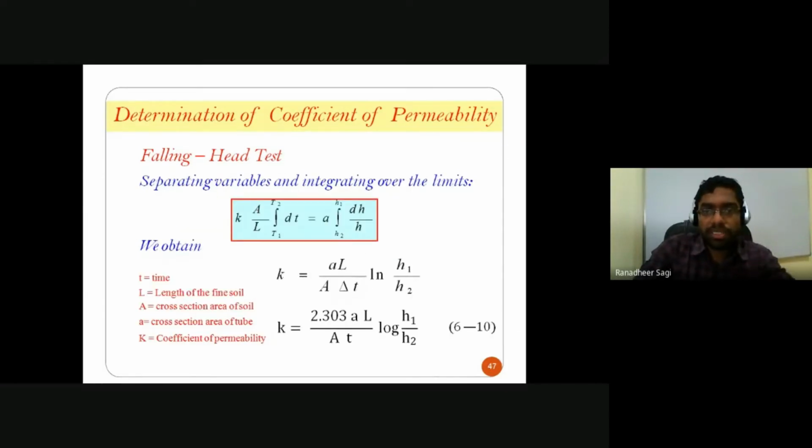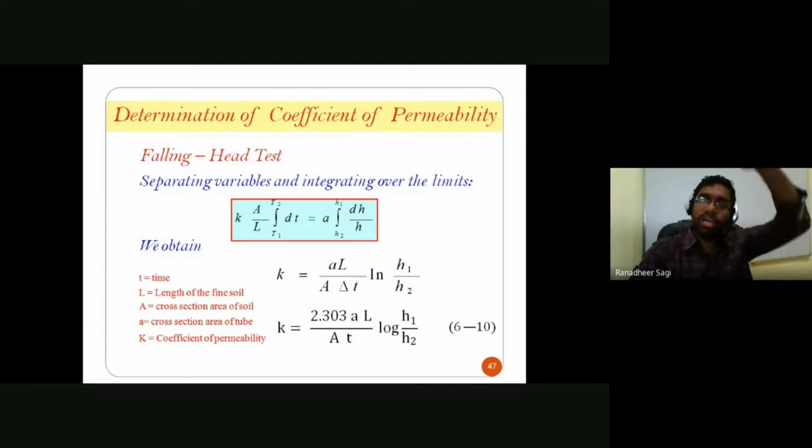In the process of rearranging, time changes from t1 to t2, whereas the total head difference changes from h1 to h2. But how did this integral change from h2 to h1? Because here you had a minus symbol. If that minus is to be taken care of, then the integral limits get changed. Don't worry, use the same minus symbol, but with the integral limits going from h1 to h2. Initial head level is h1, final head level is h2, but the minus symbol should be used in such a case.